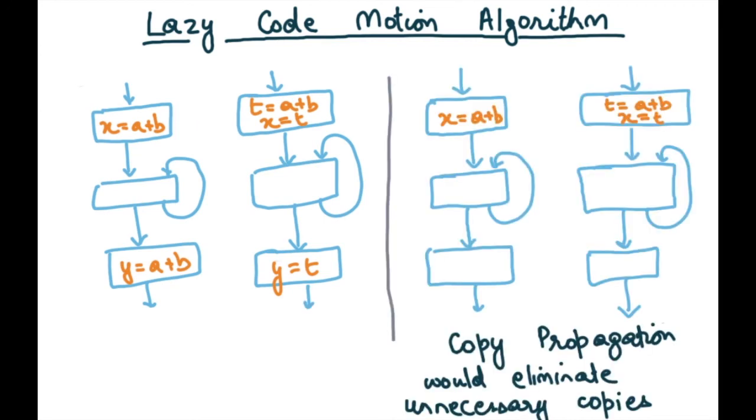Now here is another example. Once again, let's say there was no reuse of the expression A plus B, so A plus B is only being computed once, and our algorithm is going to say that this is the latest position where it should be computed, and so it transforms it to T equals A plus B and x equals T. Now this may look unnecessary because there was no need to introduce a new temporary variable T and then say x equals T, but one easy answer to that is that we can run copy propagation at the very end to eliminate all such unnecessary copies.